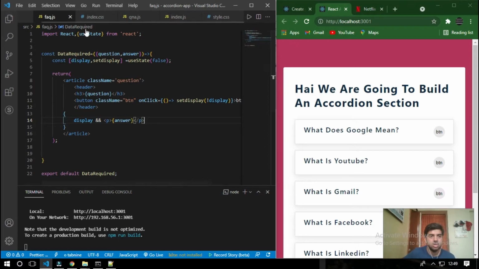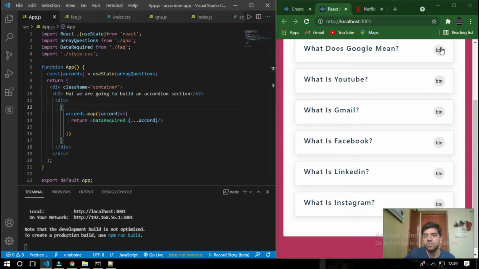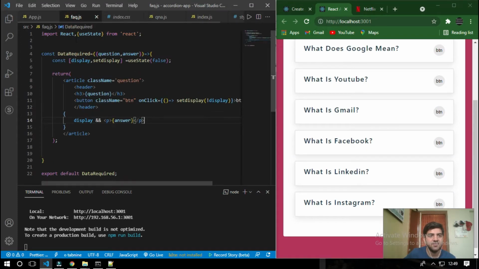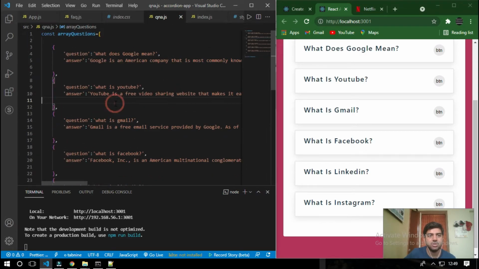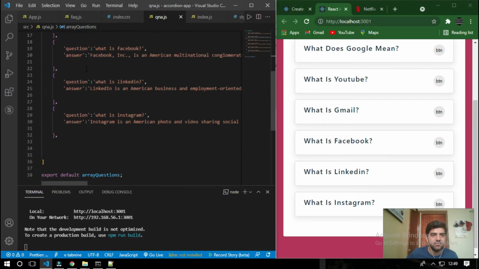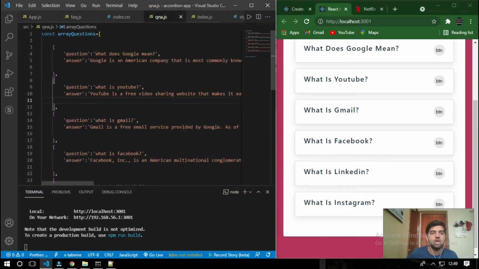So basically to display this, I have the question and answers. So main data is our question and answers, right? So I have something called Q&A.js, where I am displaying the whole questions with answers as each object in an array of objects. I am exporting this array of objects to my main app as array questions, which is this default initialization const name,